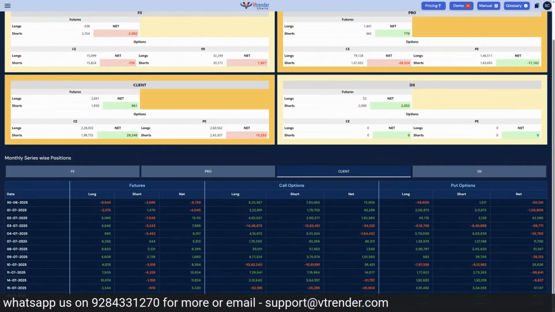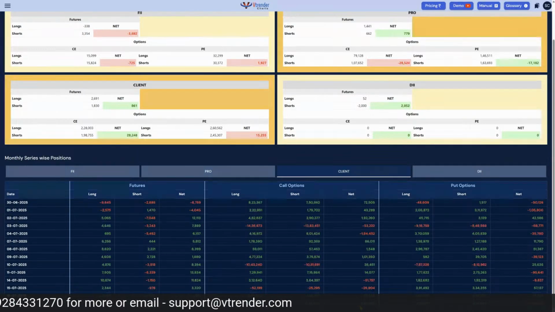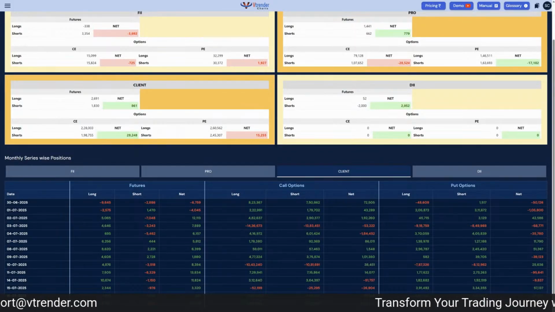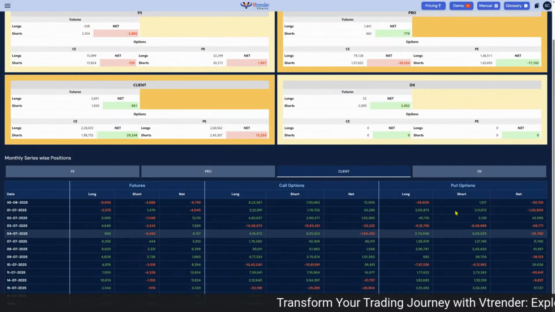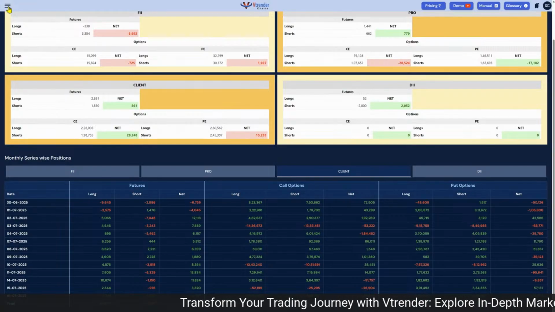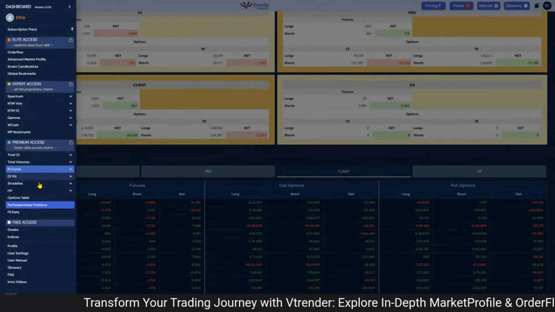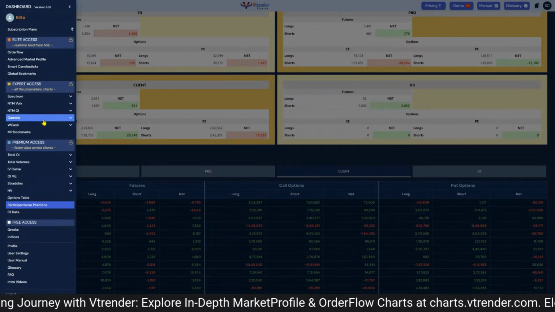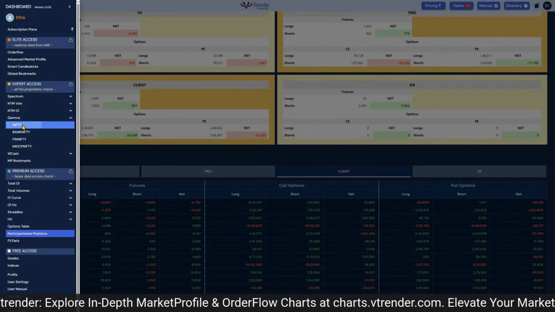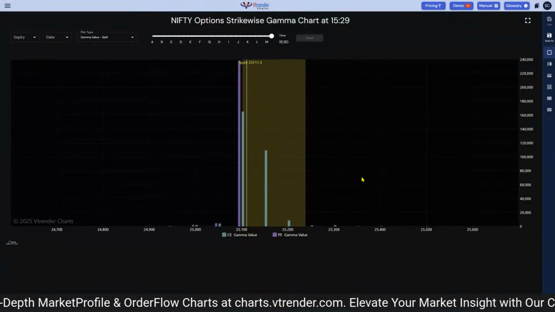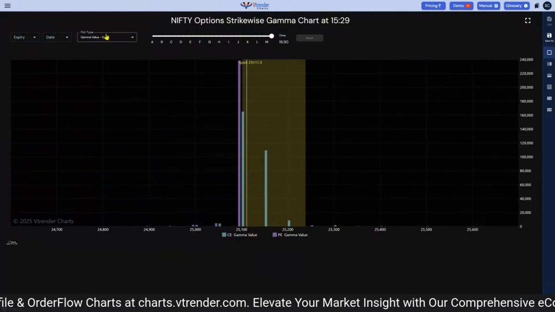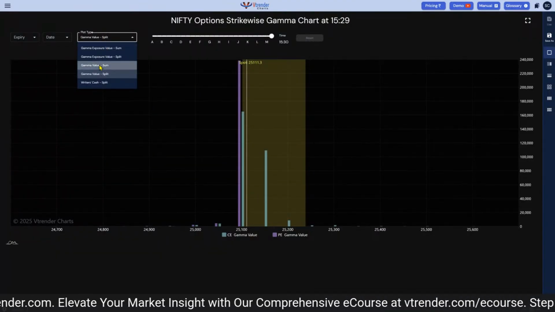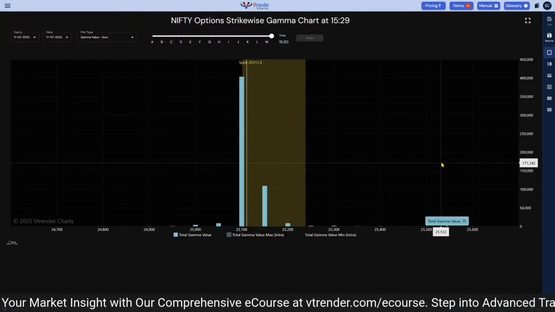The clients, as of yesterday, were long gamma, so that's about 262,000 contracts. They were short gamma in puts. So basically, the assumption which we make is that a lot of money is short gamma in the markets. Sometimes it goes long gamma, and we track where this market is going long gamma and short gamma, and we track this into what we call the Nifty gamma value chart. So you go into this, you plot gamma value sum, and this is the picture as of right now.